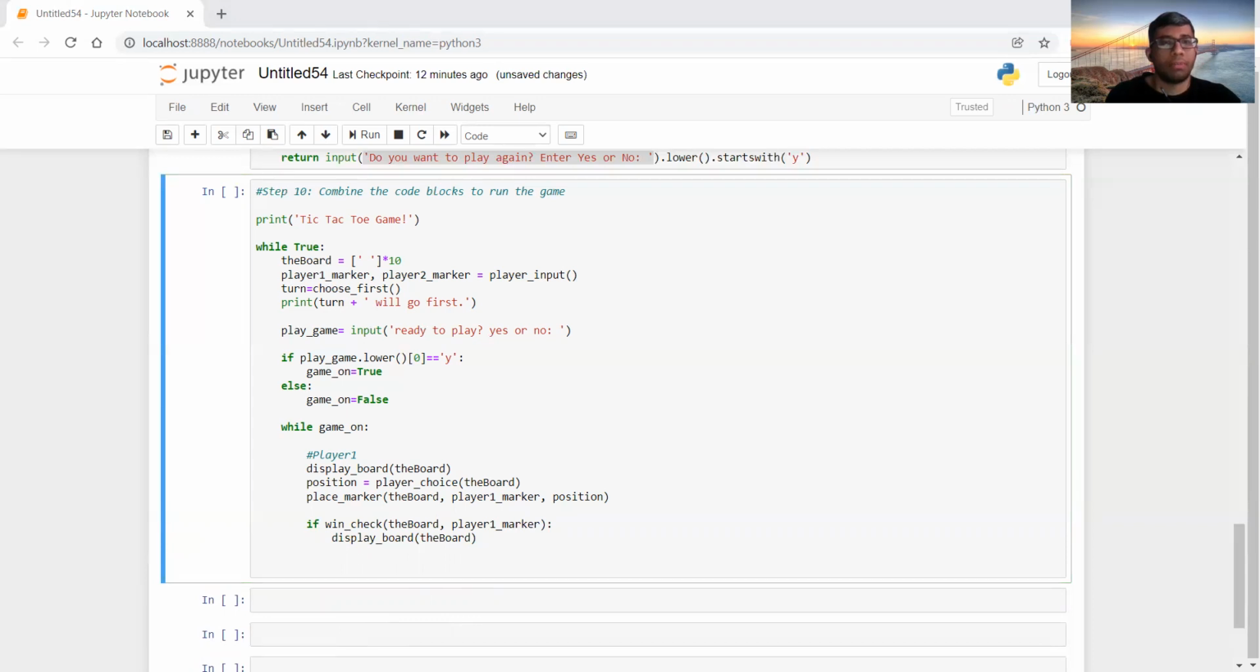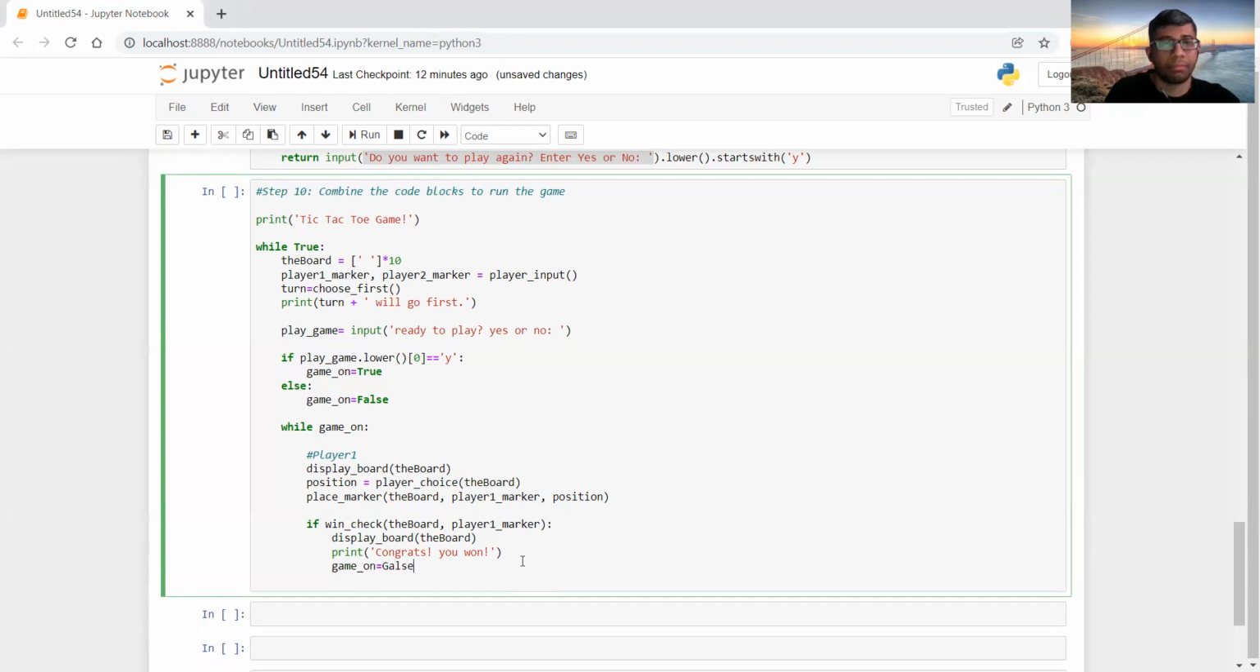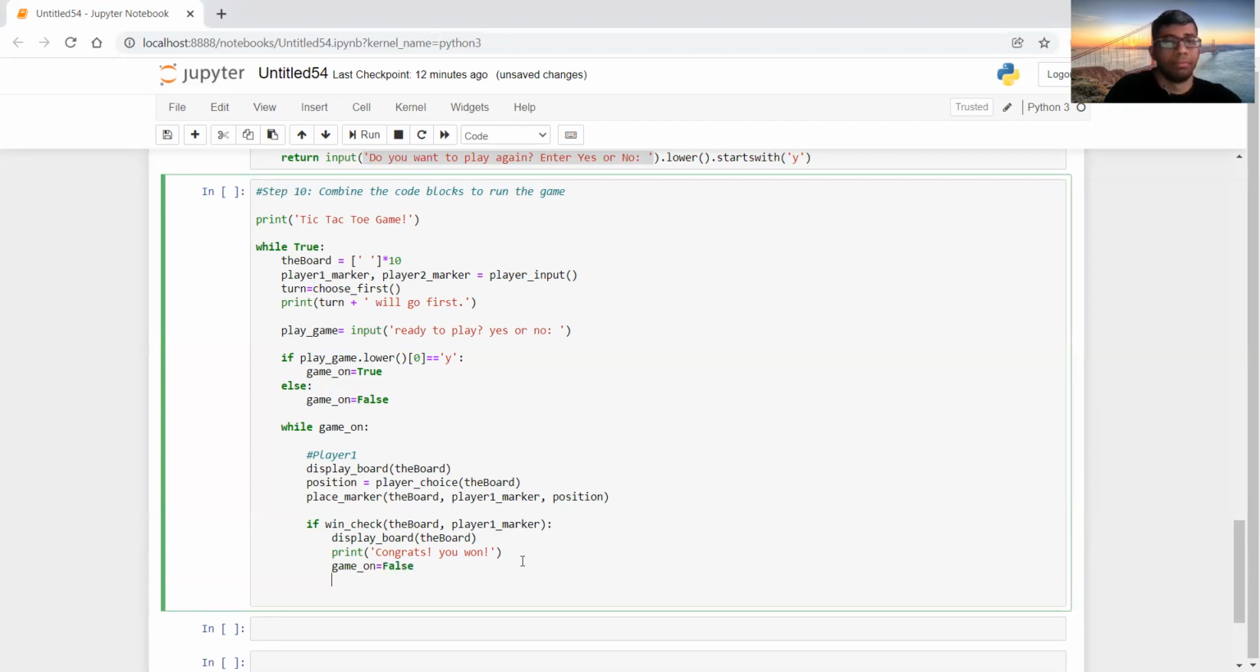And then if they have won, then we have to print congrats, you won. And then the game will no longer be on if someone has already won. Game 1 will be false, or else